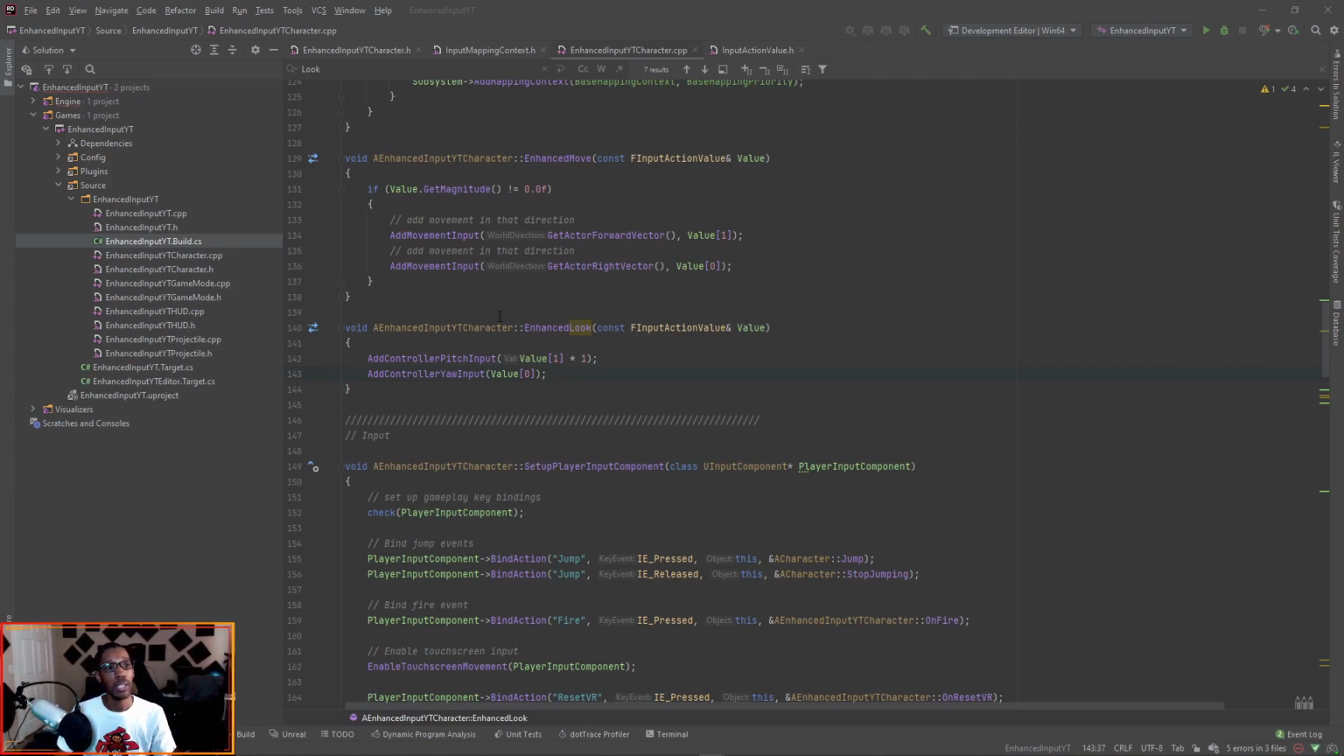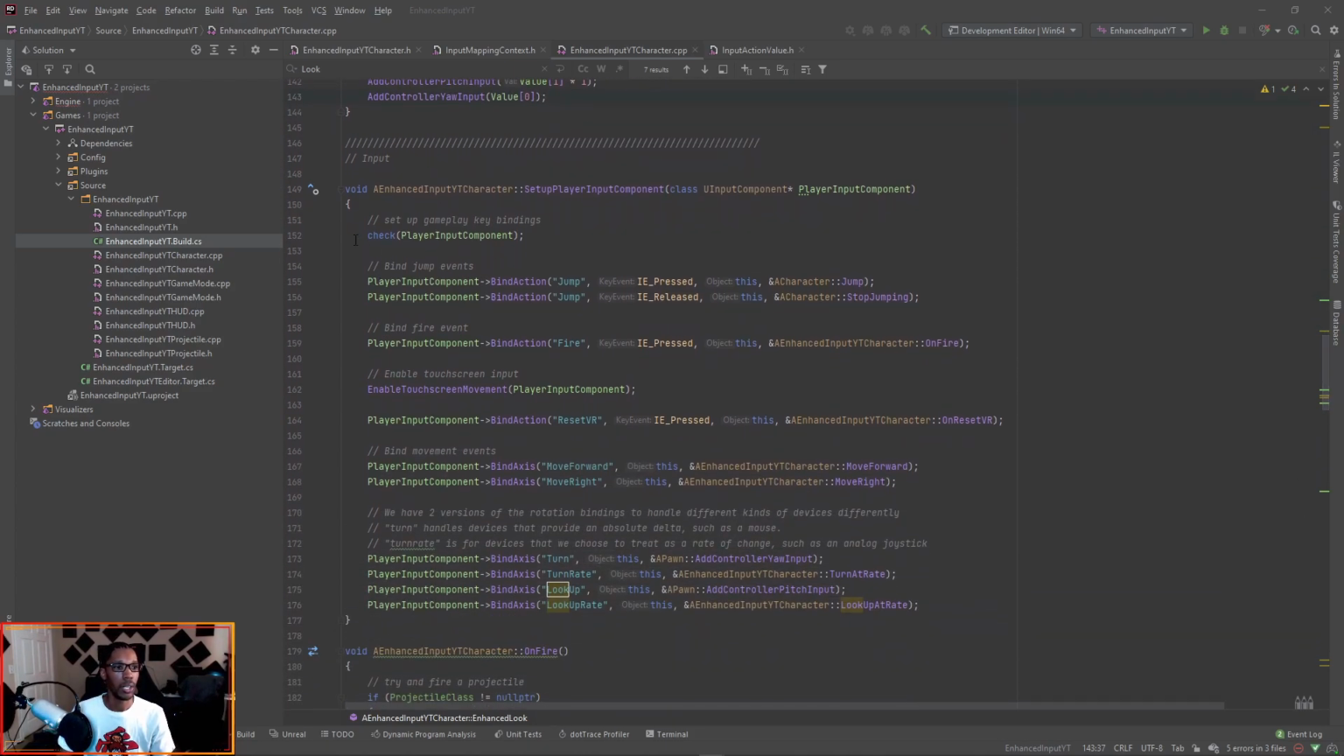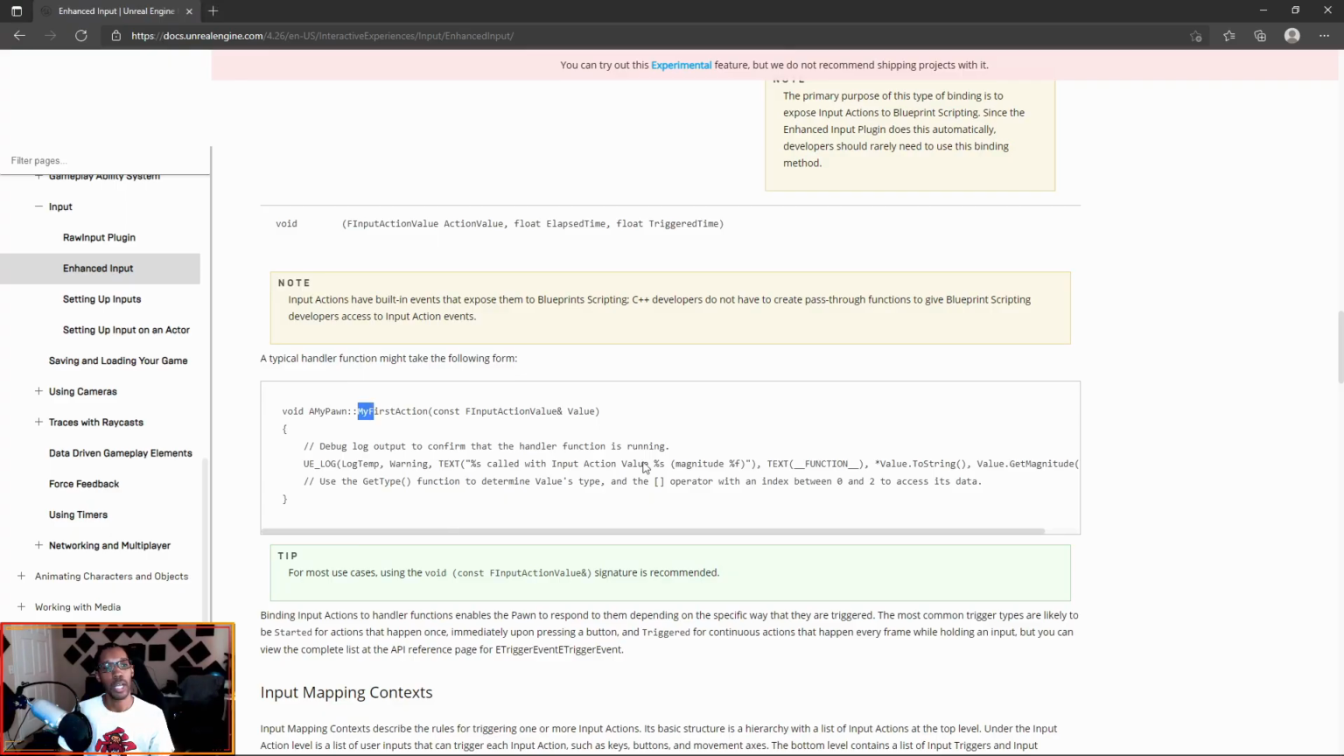So we got our look function set up. We got our enhanced movement function set up. Next thing we need to do is override this function here and change what we got going on here, because we're using this bind action. We're using the old system here. With the new system, if I go to documentation,